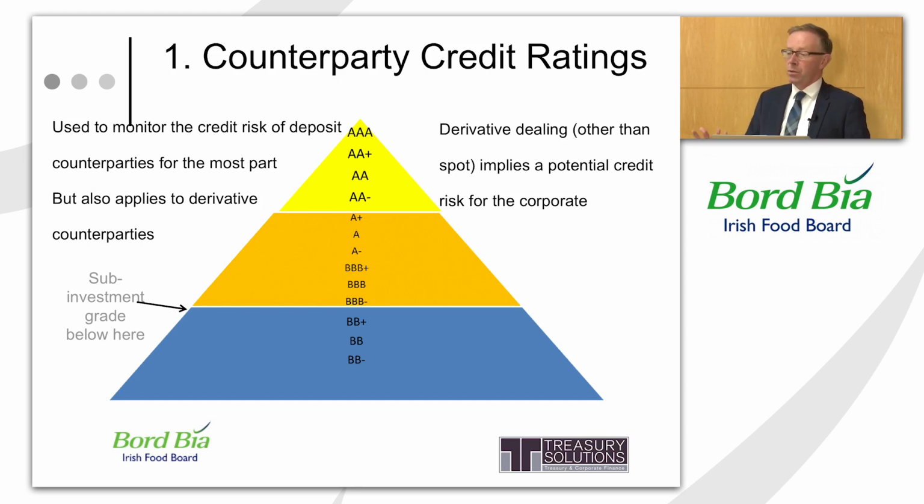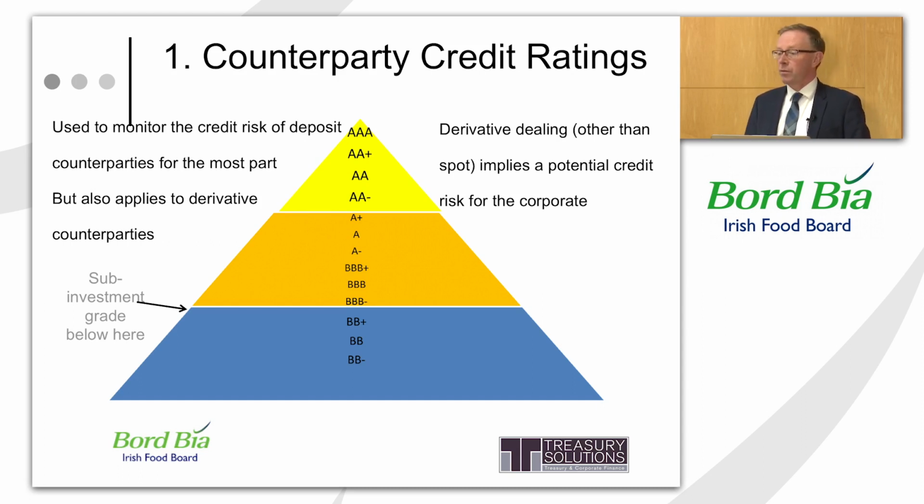Because if you think about it, if you put a deposit with a bank, in effect you're lending money to that bank. And if you lend that money to the bank, you want to get that money back. But how do you assess whether a bank is a good or a bad bet, or how safe it is from a credit perspective? The answer is all banks and most financial institutions have a credit rating. That credit rating is done by Standard & Poor's, Moody's or Fitch, and they in turn give different ratings or gradings. The AAA rating, which is at the very top of the slide, is as safe a bank as you can get.